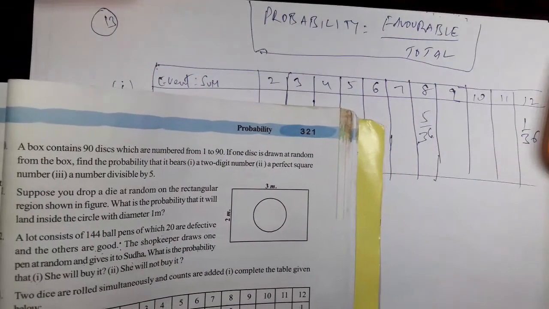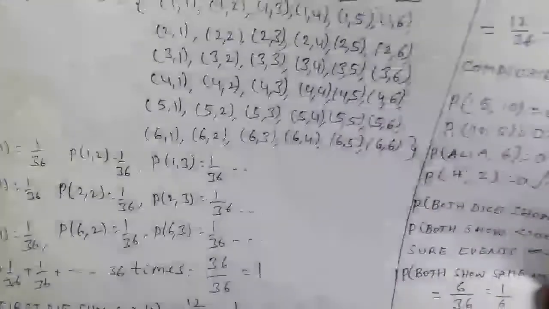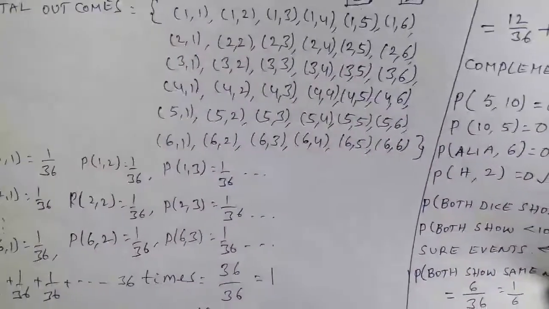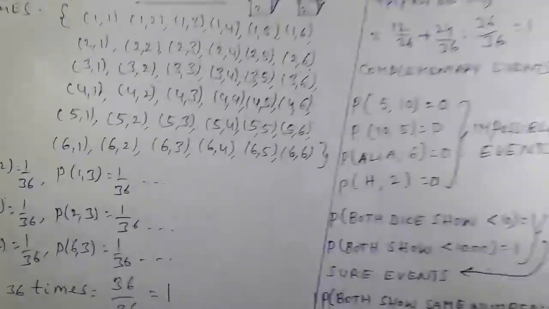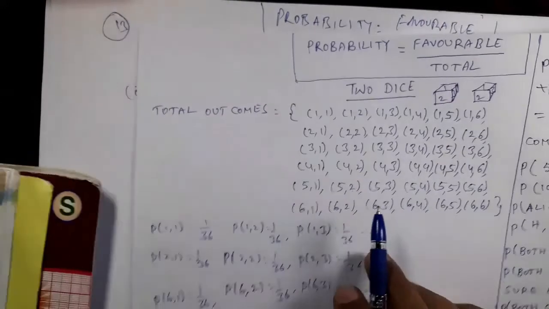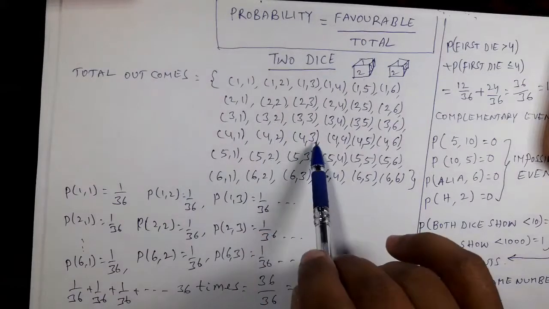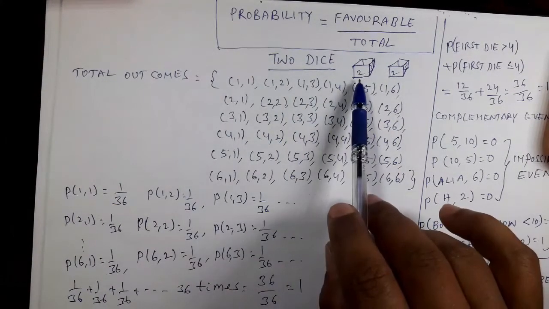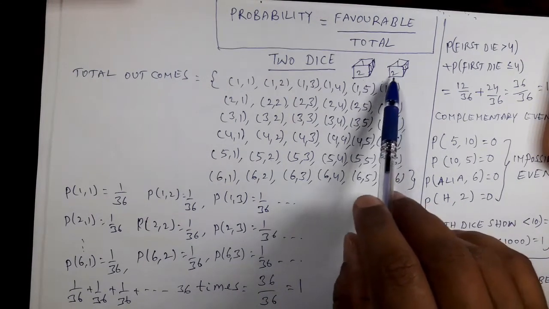In the basics class we have discussed this actually. If you have not gone through that basics video, just listen to that basics video first. Even later, you will get a very good knowledge about this probability. When two dice are rolled, what are the possible outcomes? The first die may show 1 or 2 or 3 or 4 or 5 or 6. The second die also may show 1 or 2 or 3 or 4 or 5 or 6.